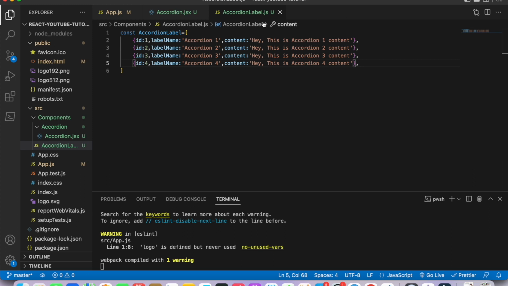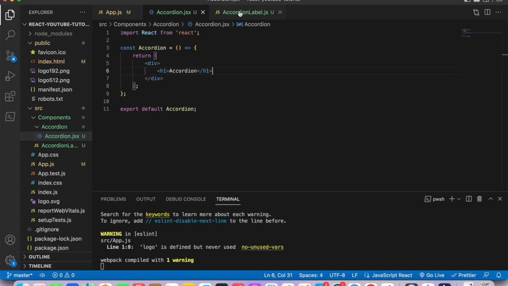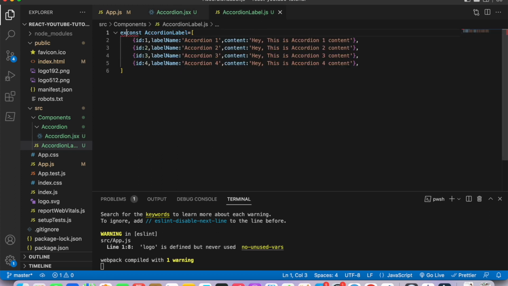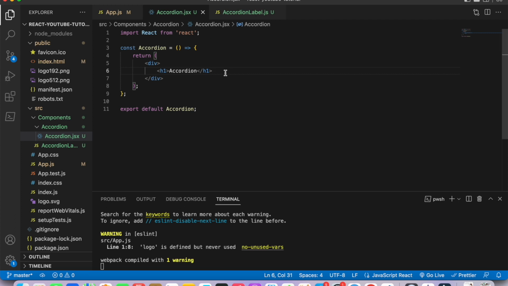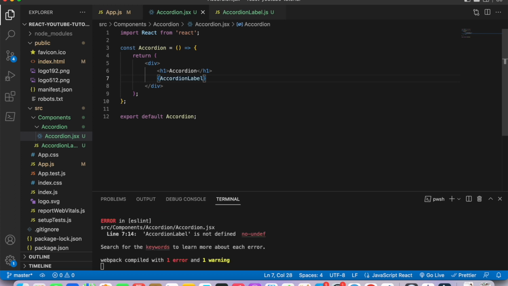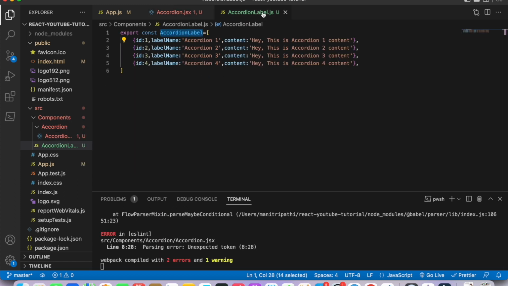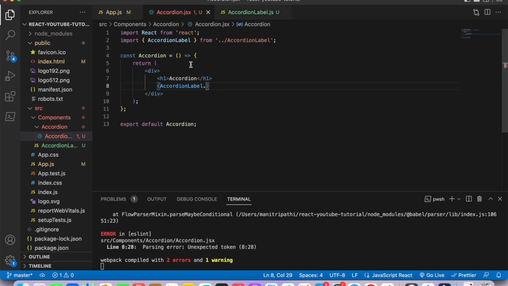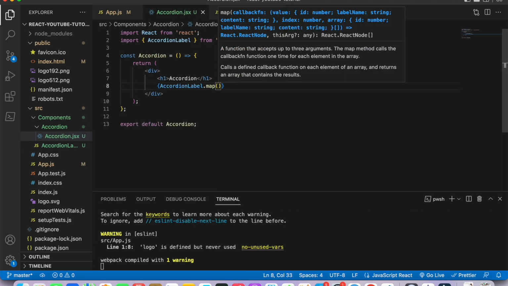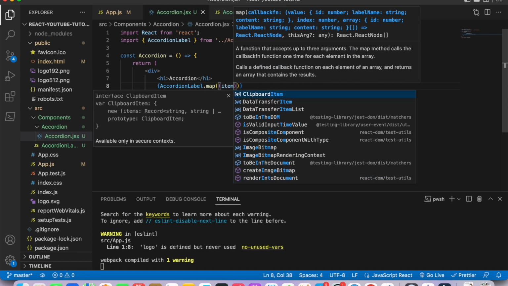Now I will use this accordion label array of objects in the accordion.jsx file. For that I need to write export before it, and now it would be imported into the accordion.jsx file. So for that, let's start the looping. I will just write under the JSX accordionLabel, I'll import it from here. As this is an array, I will start looping over that. accordionLabel.map, item,